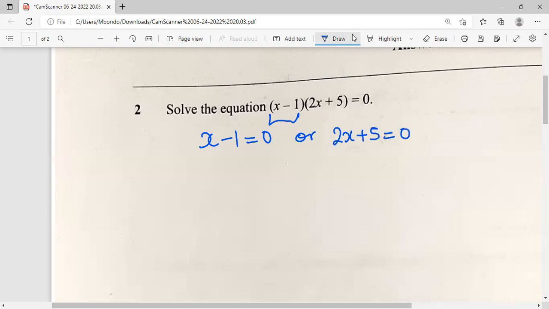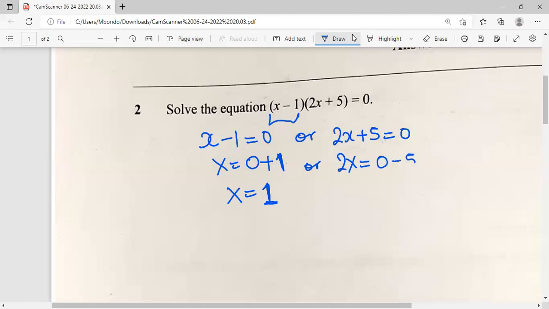Then we are going to have x equals, this one comes to the other side. So the additive inverse of minus 1 is plus 1. x equals 1. Then here we say 2x equals 0